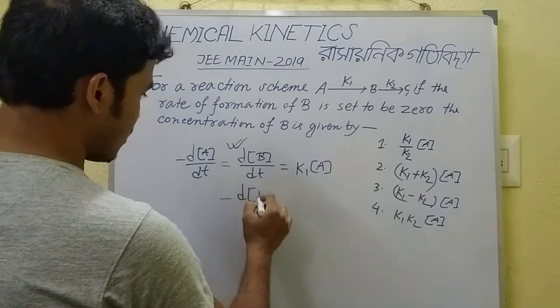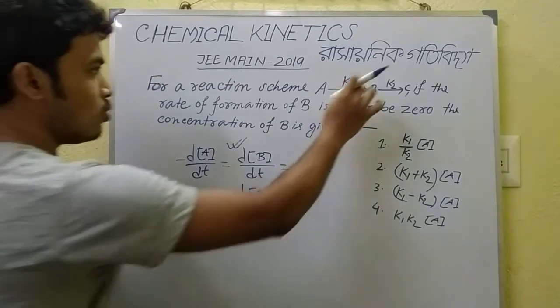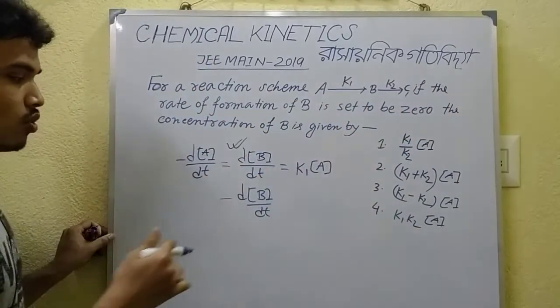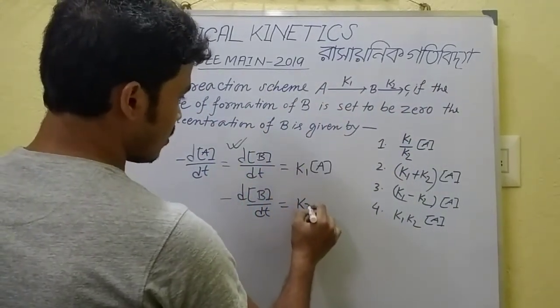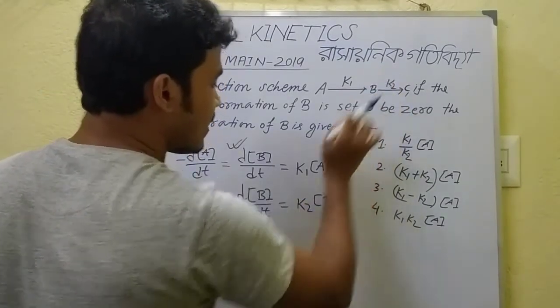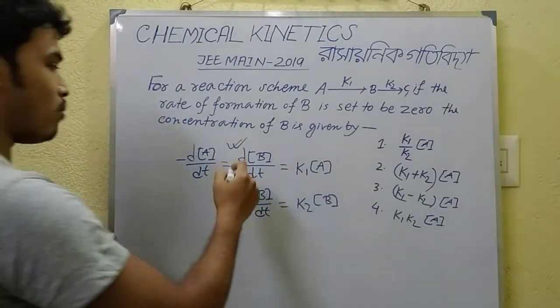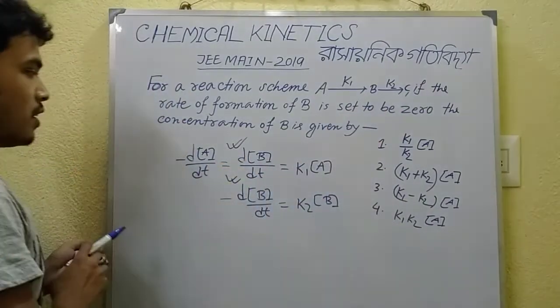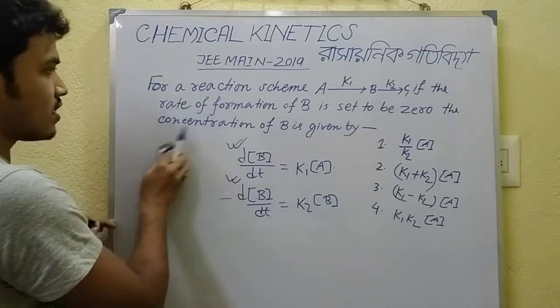মাইনাস d[B]/dt। তার মানে B কিন্তু disappear করে C তৈরি হচ্ছে। ওকে, so this is equal to again K2 into concentration of B। ওকে, because এখানে B reactant, তাহলে এই যে disappearance rate সেটা B এর উপরে depend করবে। তাহলে আমি formation rate আর disappearance rate পেয়ে গিয়েছি। তাহলে এই দুটো থেকে আমাকে একটা জিনিস calculate করতে হবে